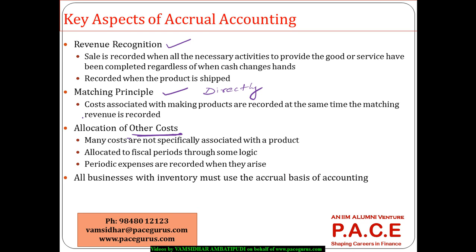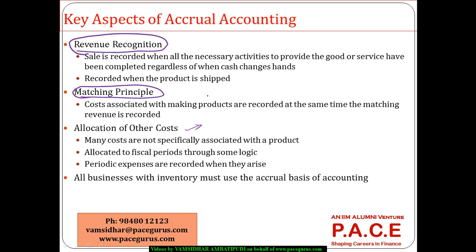That is the major principle driving the accrual basis. So looking at it in detail, probably there are three components in it. One, the revenue recognition part. Two, the matching principle, where we match the direct expenses with that of the revenues. And finally, we look at the allocation of the other costs. So on a broader note, when I look at the revenue recognition principle, it simply says